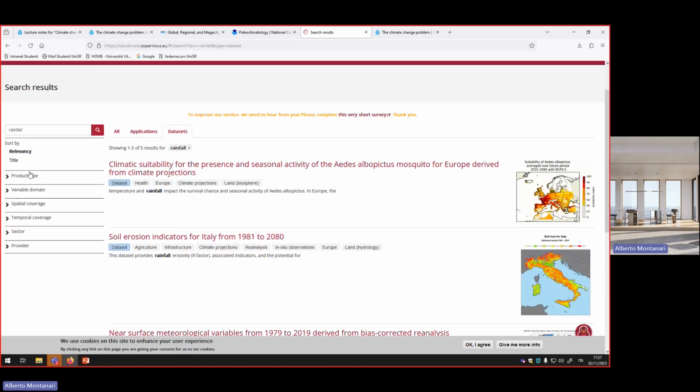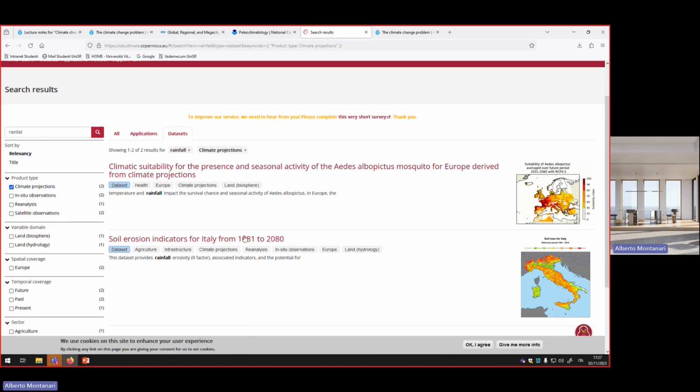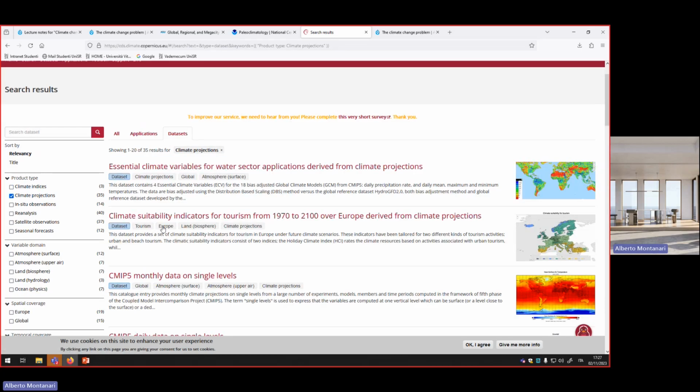And I think there is also, let's see, product type, climate projections. Let's click here. And climatic suitability for the presence and seasonal activities of mosquito for Europe derived from climate projections, etc. If I remove rainfall,